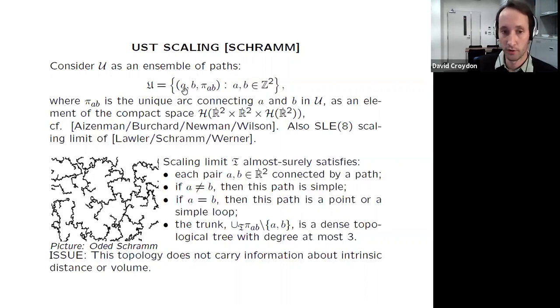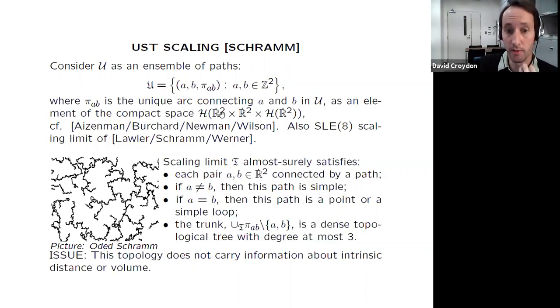It's maybe not totally easy to get your head around, but basically he views it as a whole collection of triples. We take any pair of points in Z^2 and the path between them. So we get 2 points in R^2 and some compact set in R^2, which represents the closed arc between them. I put the dot on here because he compactified his space, just to avoid problems of what's happening at infinity.